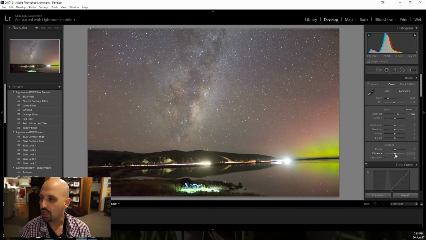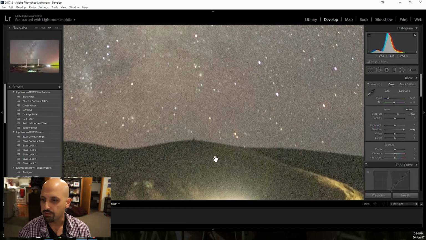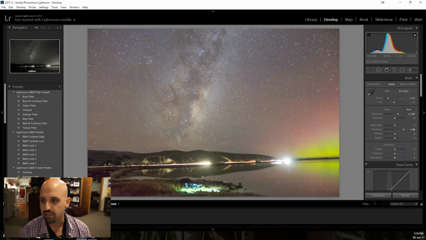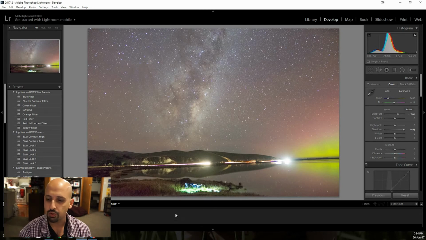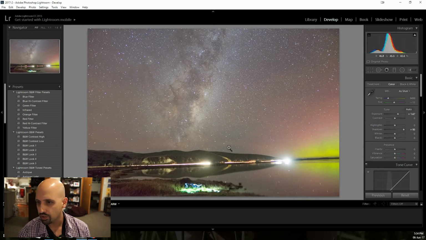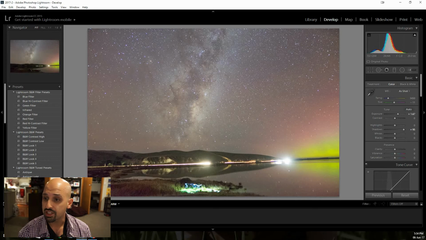Okay. What else can I do? I can bring up the shadows a tiny bit as well, just trying to get a bit more brightness in the foreground. Now that's not too bad. It doesn't look too offensive. It's quite a lit, bright area. The aurora was helping. Lots of cars going past, someone running around in the foreground here as well. So, not too bad. I'm getting a little bit of purple color casting here, which I don't really like, but not too bad. Now, if I go to the ISO 10000,